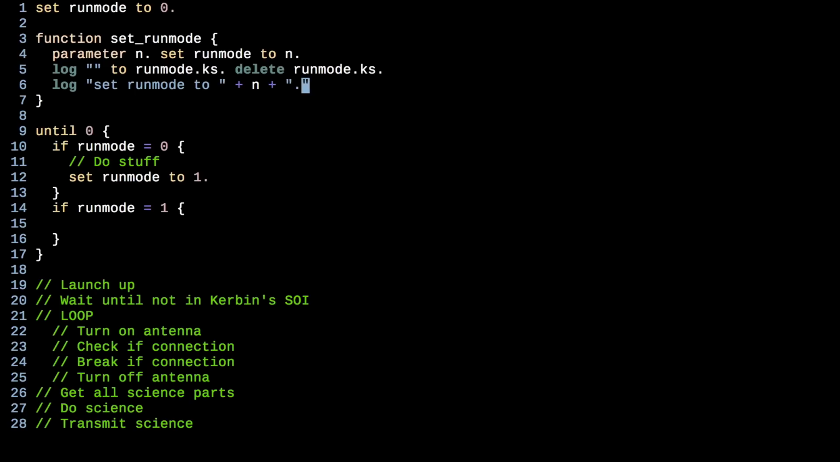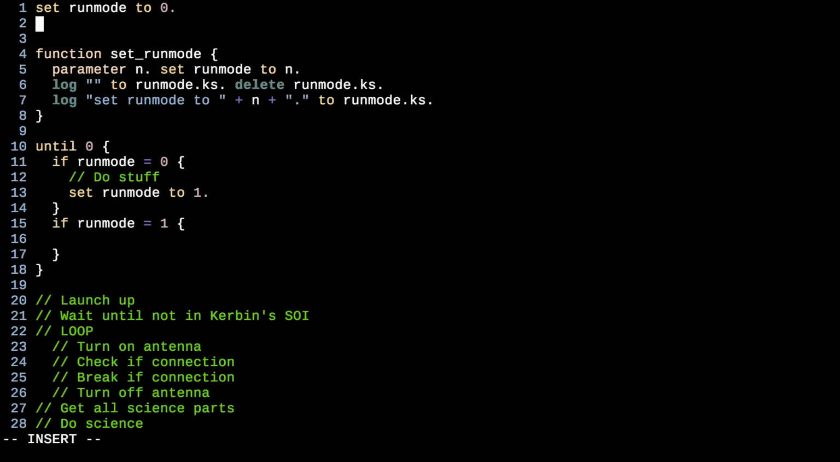So we're just creating a string of code that sets our run mode to run mode.ks. Good, okay. So what this will do is it'll set our global run mode, but it will also write out a file that if we run it, will also set our run mode. Now this means that up here, we can set run mode to 1, but we can also say, I wonder if you can run an empty file. I'm not sure. We could,